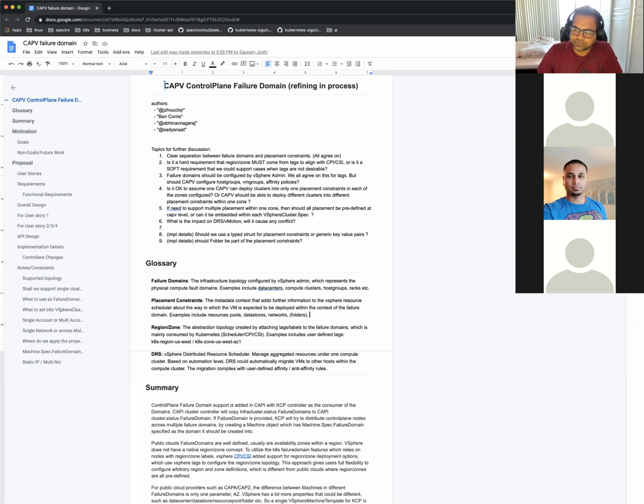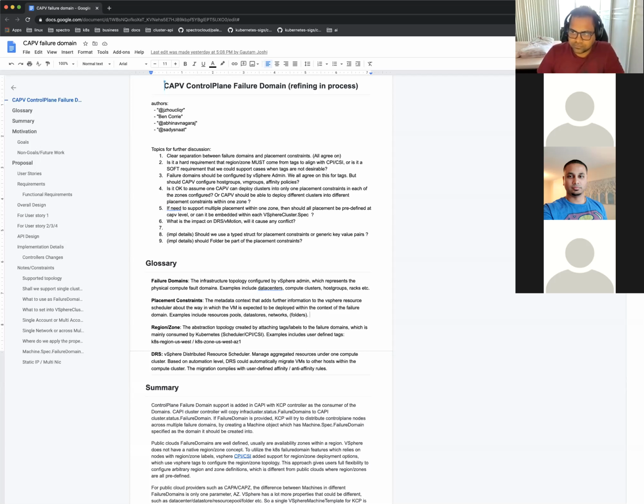That means the permission that we have is able to create VM groups. We kind of treat the VM groups and the host differently. It should be able to create VM groups, and it should be able to create VM group, host group affinity rules, but the host group permissions are not needed for creation. And I think that's something which can be fine-tuned in VMware permission and privilege model. It can even be fine-tuned at data center cluster level. So a very fine-tuned user can be created by the VI admin, which will just restrict CAPV to what it does.